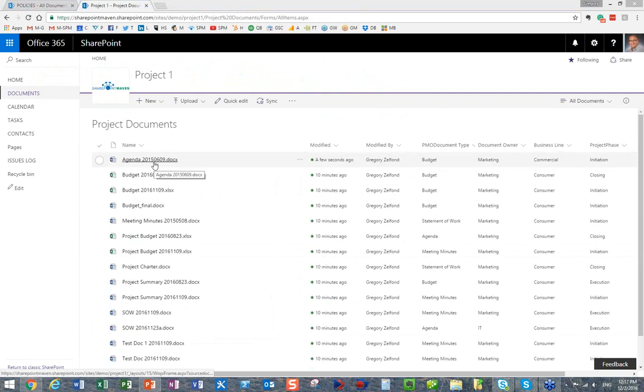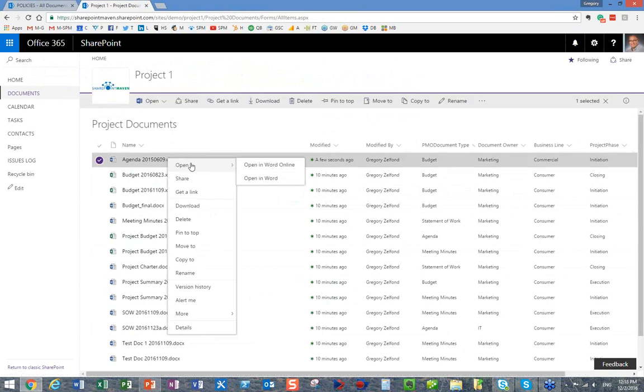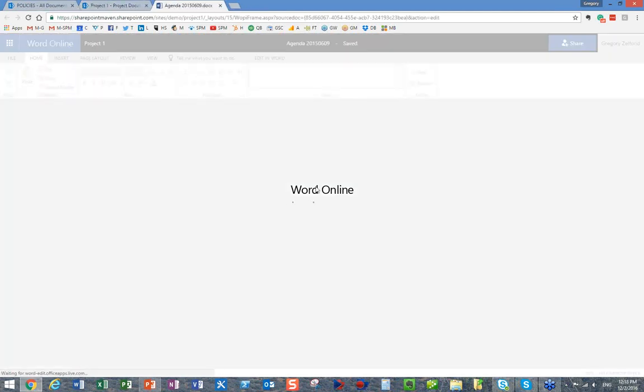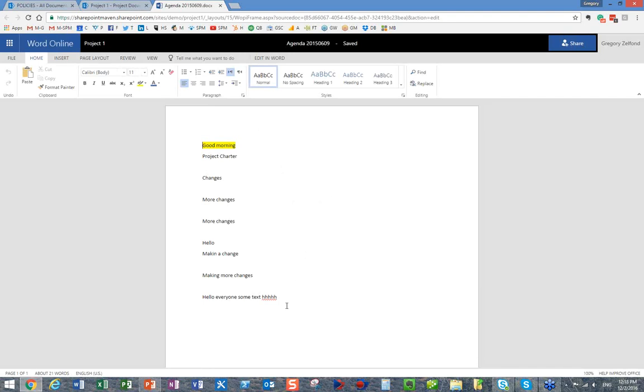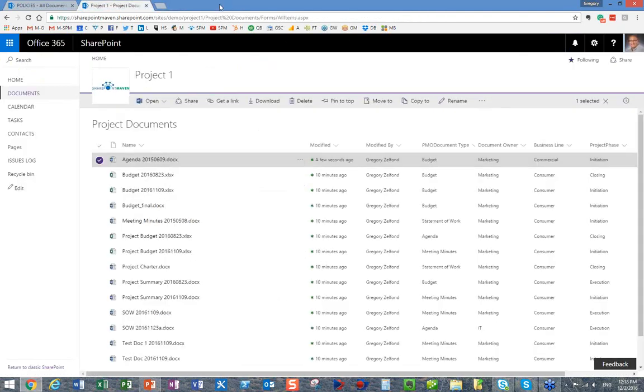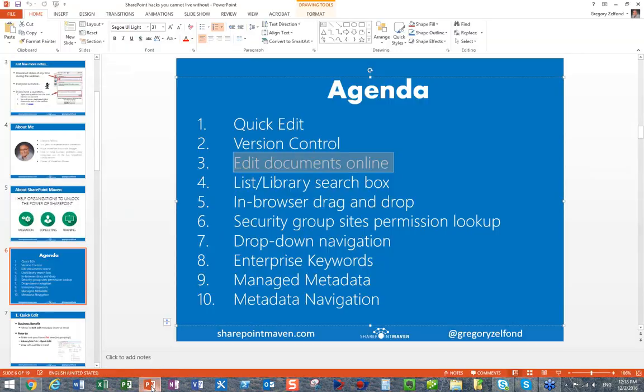Another thing about Word Online and Excel, I don't know if you noticed, but if I open this in Word versus Word Online, the performance is much better with the online version. It's much quicker because it doesn't have to load my application. So if you want to make some quick changes, just do this, and in a matter of seconds you can make your changes, and no need to save. Just close the browser, you're done. So an extremely powerful feature. All right, the next thing I want to show you is the list and library search